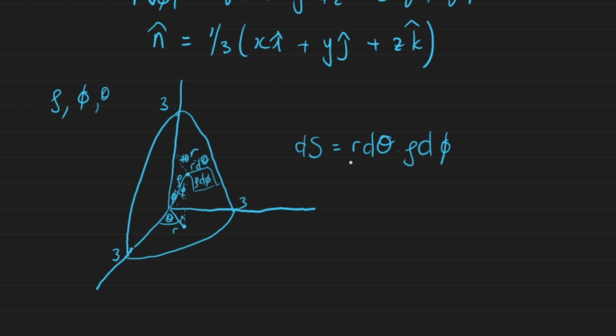So we now need to convert r to be in terms of rho. It's a fairly simple thing to do. We just write that sine of phi is equal to r over rho. We can see that's a 90-degree angle there, so sine of phi is opposite over hypotenuse. The opposite is r, and rho is the hypotenuse. So what this implies is that r is equal to rho sine phi, and we can just substitute that into ds. So it means that ds is equal to rho sine phi